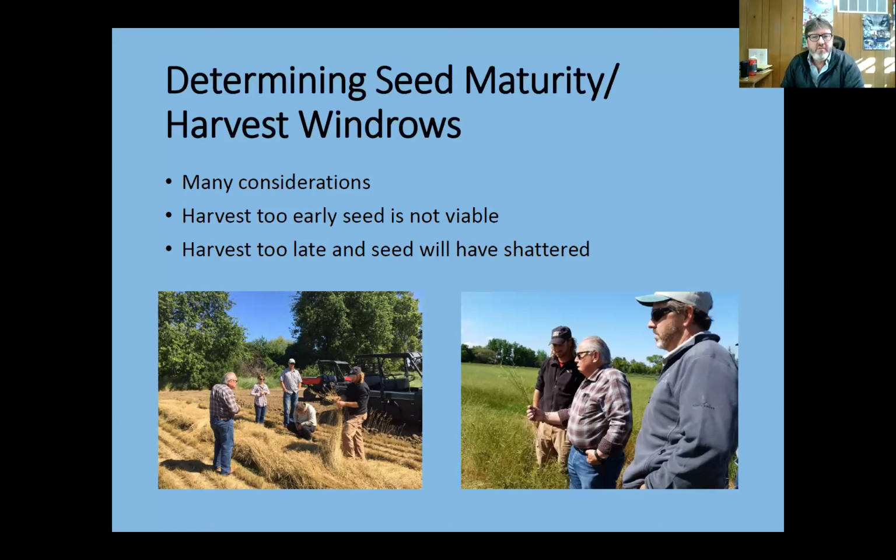And also you have to have some familiarity with the various ecotypes. There are different ecotypes that end up ripening at different times. Some ecotypes will hold on to the seed, so you don't have to be so precise. Other ecotypes, the moment that seed is ripe, it will shatter. So getting to know the material that you grow out, those ecotypes, is really essential for timing that harvest window so you can really maximize the yields and the quality of the material. Next slide.